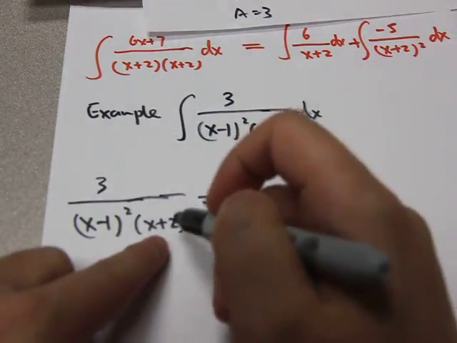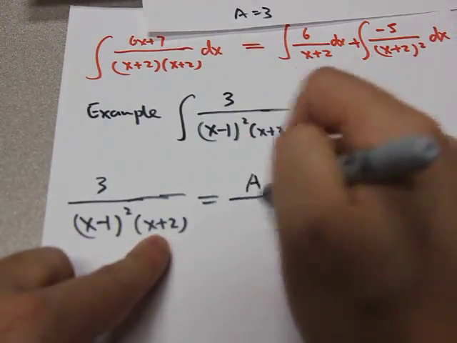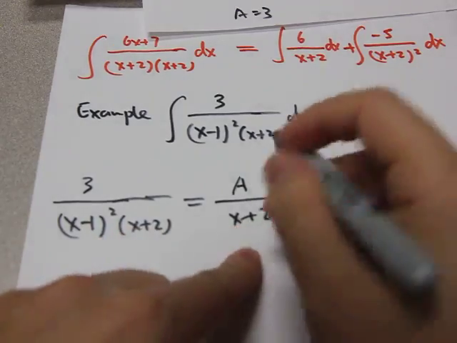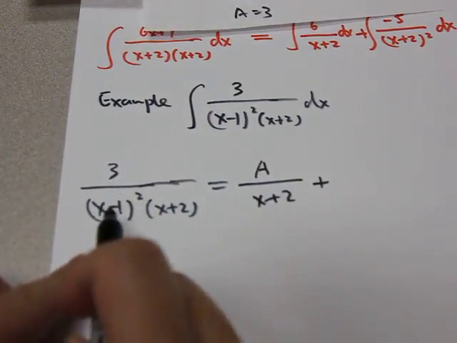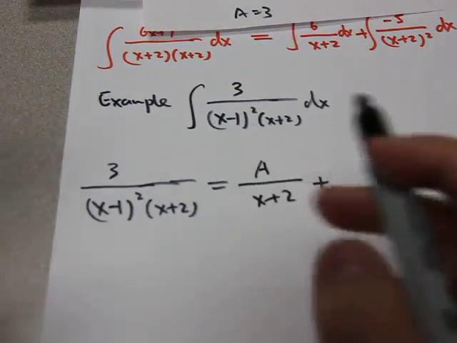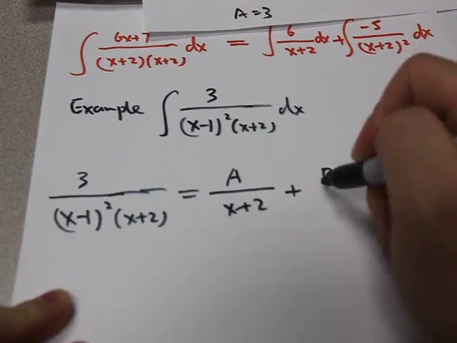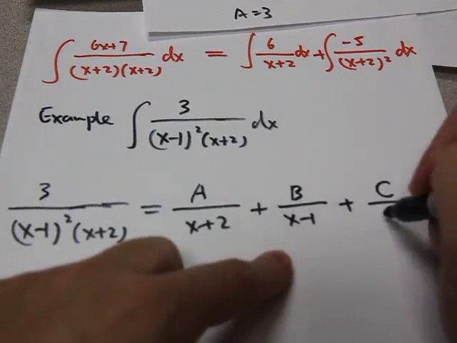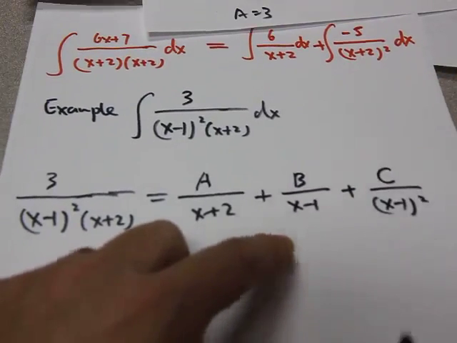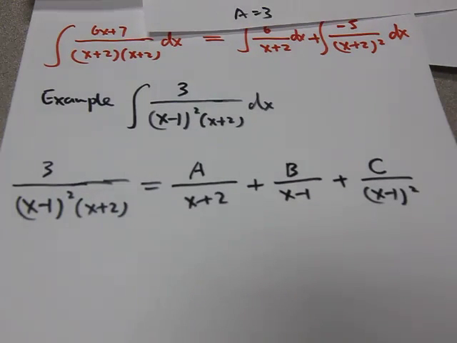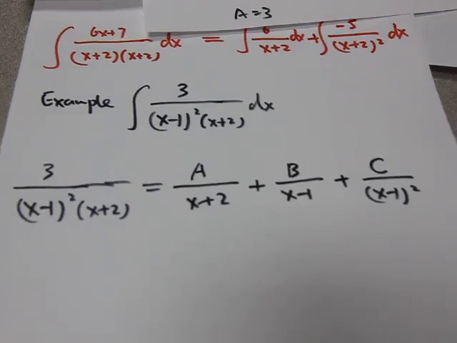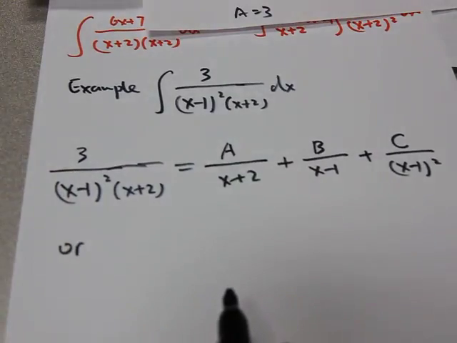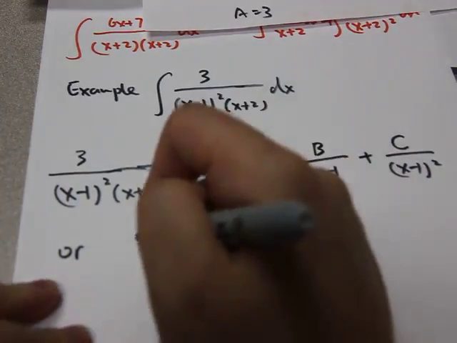So for this non-repeated factor, we use this pattern A over (x + 2), right? So there's one fraction. Now, for this repeated factor, we have another two fractions. One is B over (x - 1), and another one is C over (x - 1) squared, right? Okay. Or let's look at another example. What if we have